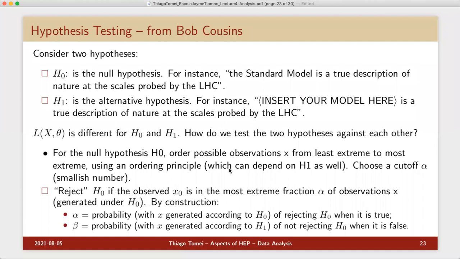This is yet another part of statistics, but it is related to what we were discussing before. Besides measuring, you may want to choose between two different hypotheses. Again, taking a leaf from the COVID book,